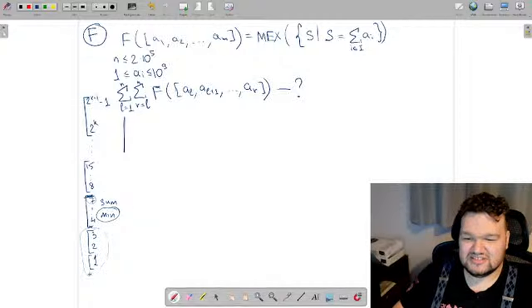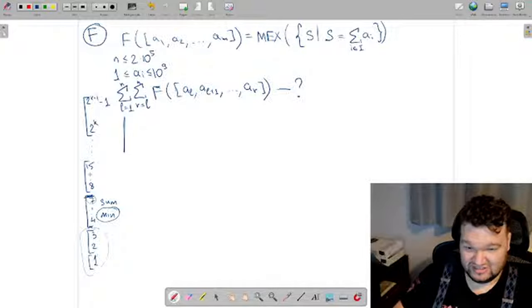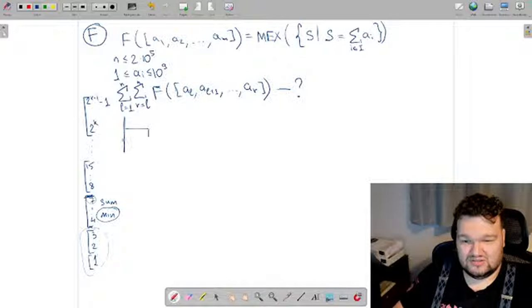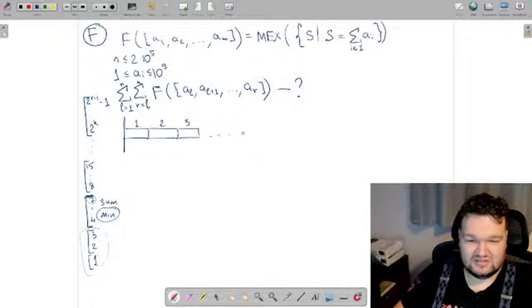That also means that the number of bucket at which we will stop will only increase. So for some right borders, we will stop at bucket 1. Then for some, we will stop at bucket 2, 3, and so on. And finally,